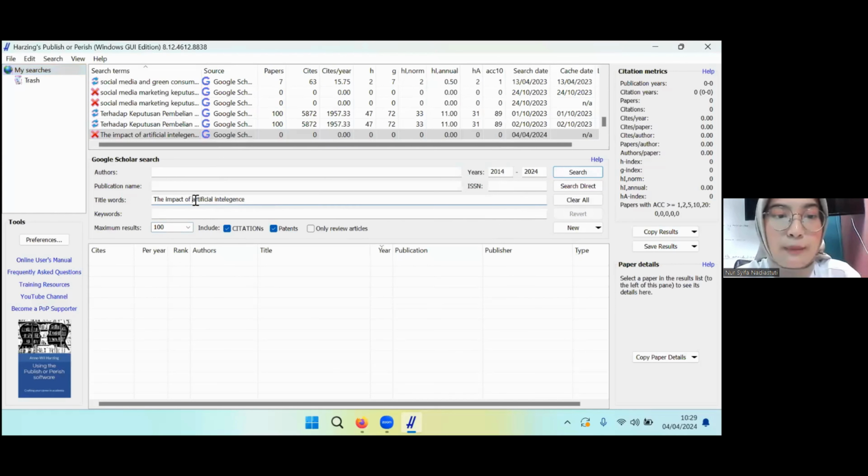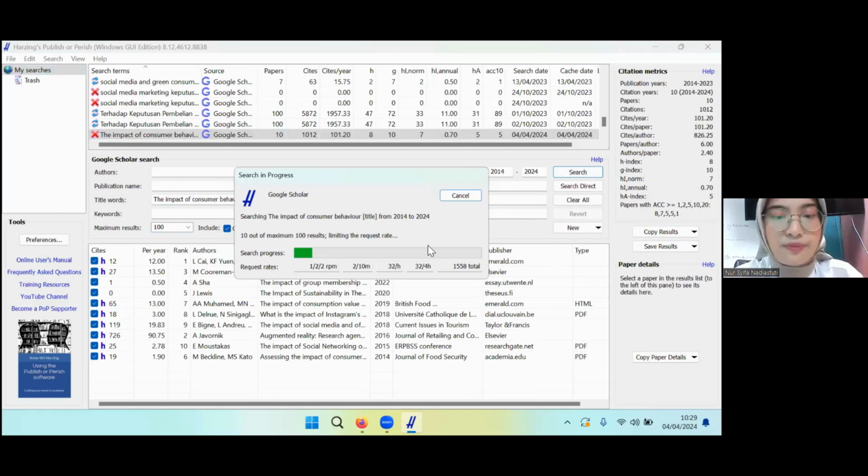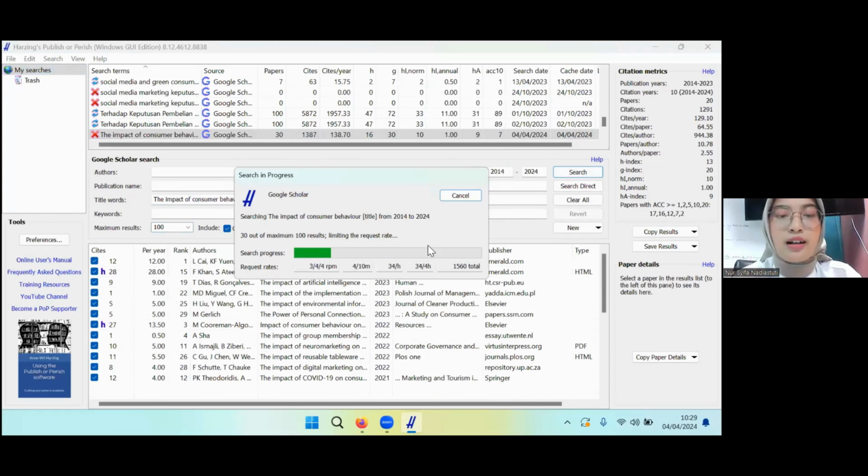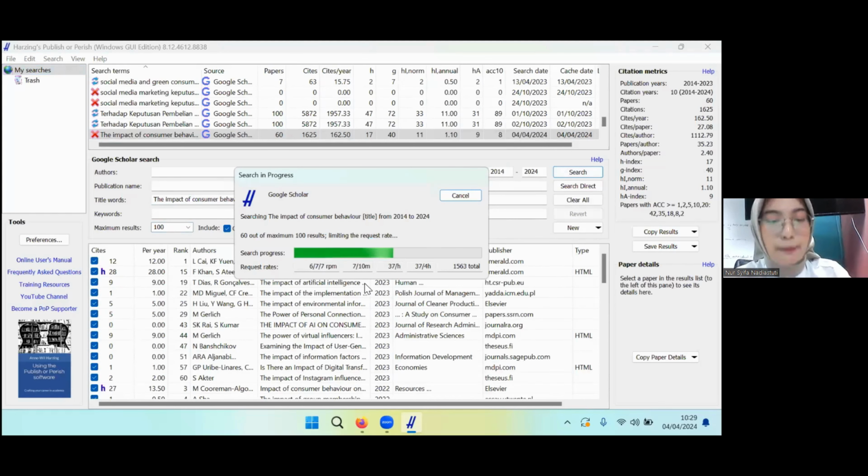For example, the impact of consumer behavior, and you can click search also. Then there are a maximum of 100 results about the impact of consumer behavior.